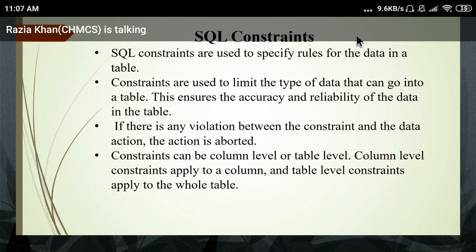Next, as I just said, constraints are used to limit the type of data that can go into a table. You set some limit for your data. For example, in the ID column, you set a size for that column. If you want a 3 digit number as your ID, you just set size as 3. If you want 5, you set size as 5. So using constraints, you can set your limit. If you don't declare your data type, then the user can enter the data in any way. Is it clear everyone?